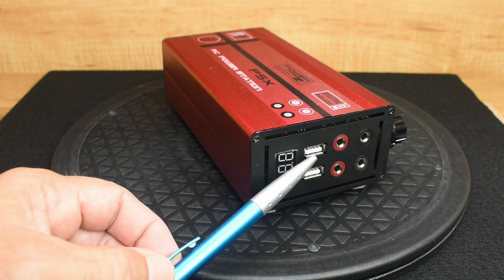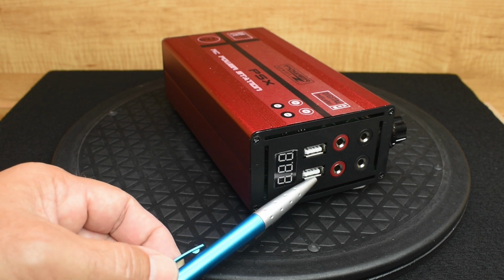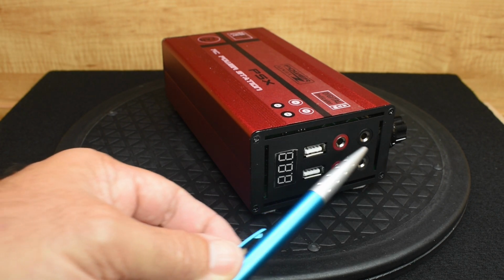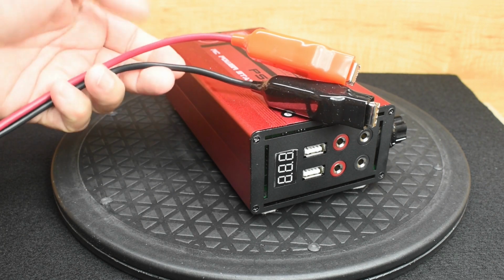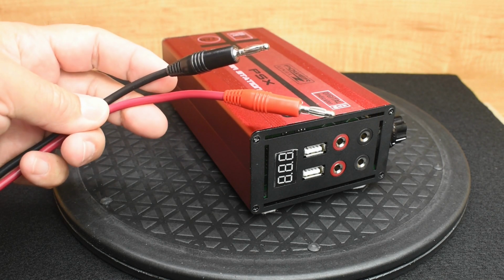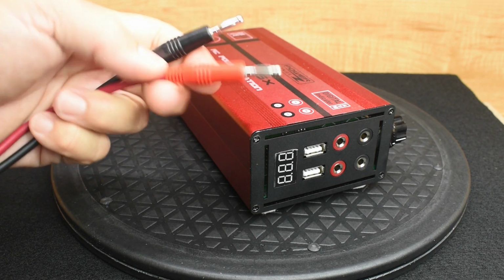This unit also has USB Type A ports. I don't intend on using them, but we will test one or two of them out to see how much power they can output. And over here you can see it uses banana jacks. So you're going to have to take your cables. Right here I made a couple using these clamps with this 10 gauge stranded wire. The other end, you can see the banana jacks. They're very inexpensive. You would strip the wire and slide it inside, and there's a set screw to secure the